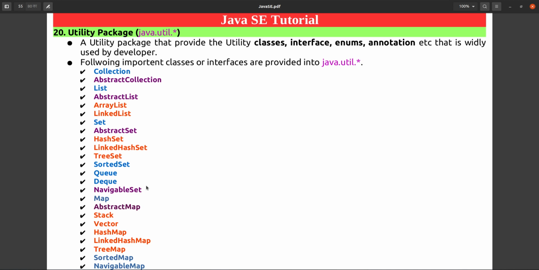Your code will become very huge and complex, because for each and every application you would either have to do that or import those libraries. So instead of that, the JDK comes with the utility package, and we can directly leverage it. This is the introduction of the utility package.